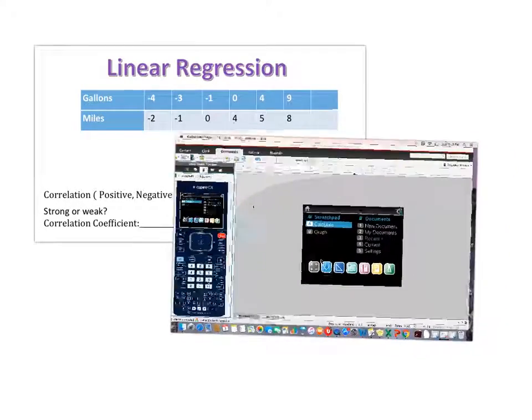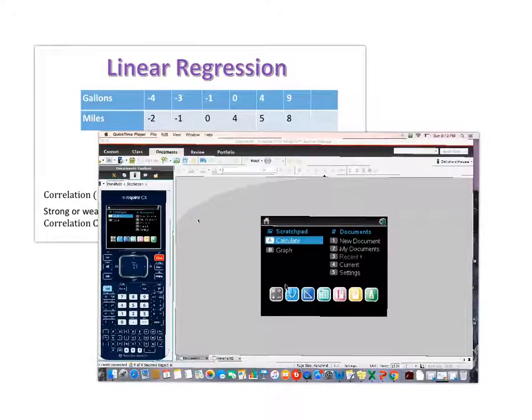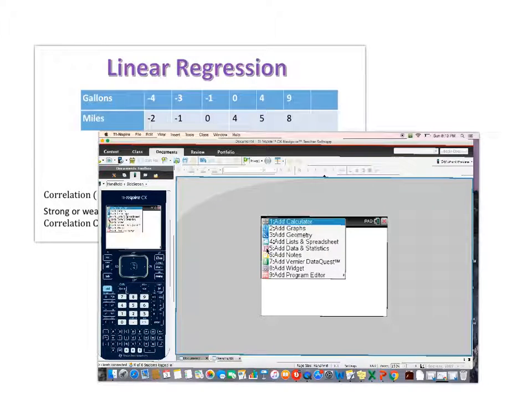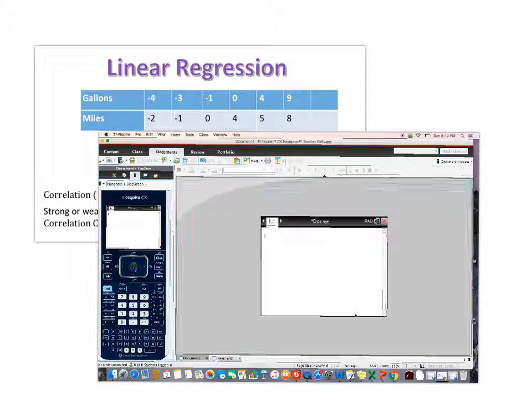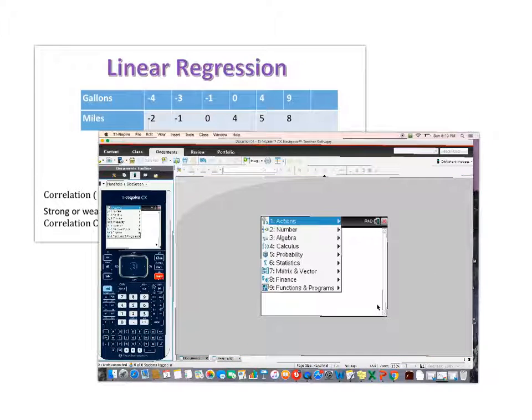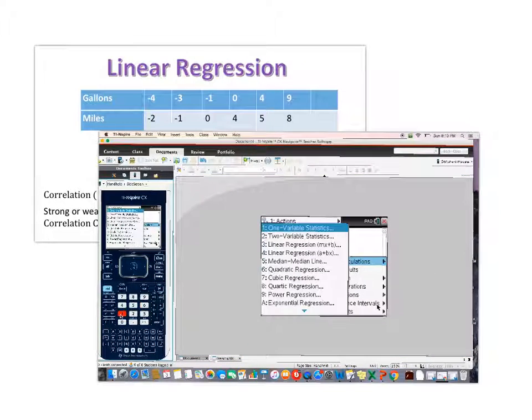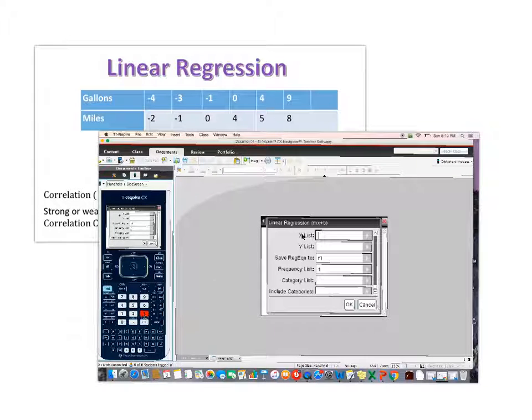So on your calculator, you're going to go to Home, New Document, then we're going to go to Calculator, and you're going to press these buttons: Menu 613. I repeat, Menu 613. Now we need to type in our x values, so we have to press Control and then parentheses, the